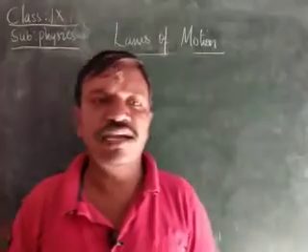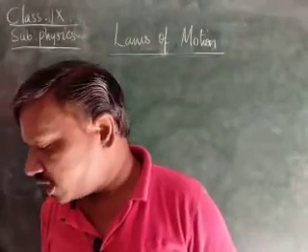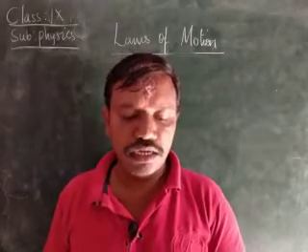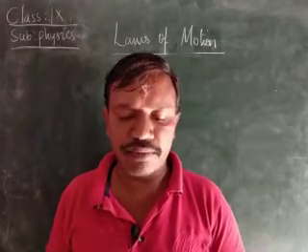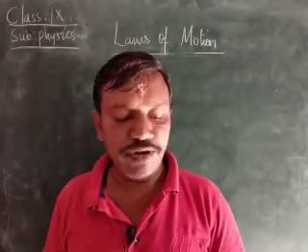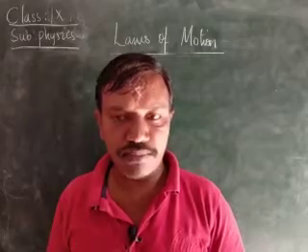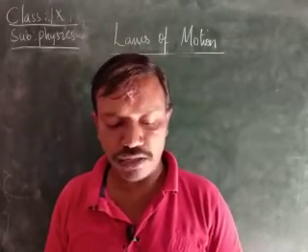In the last class, we learned up to the 8th problem, children. Today, we'll be learning about the 9th problem. Here, children, an object of mass 5 kg is moving with a velocity of 10 meter per second. A force is applied so that in 20 seconds, it attained a velocity of 25 meter per second. What is the force applied on the object?